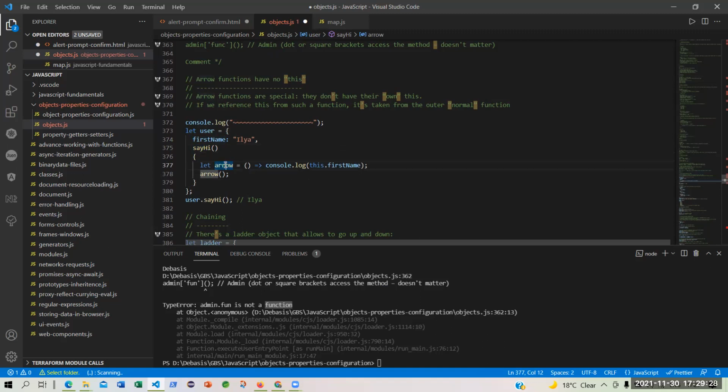I'm assigning into a variable arrow a function, an anonymous function, you can say. And that function has only one statement. And I'm giving this lambda expression here, that I am printing this dot firstName.